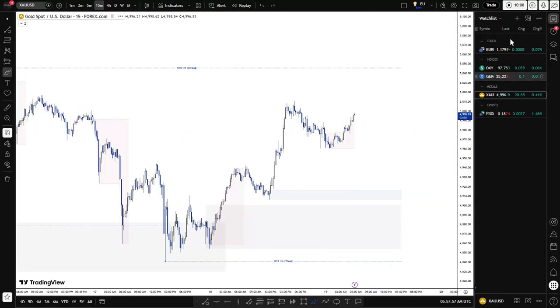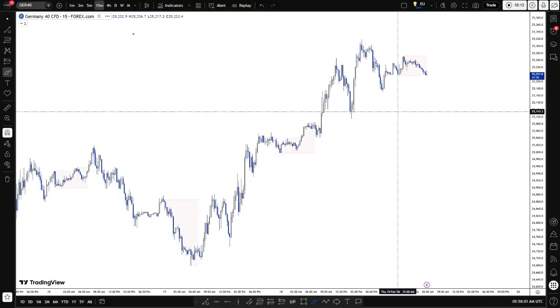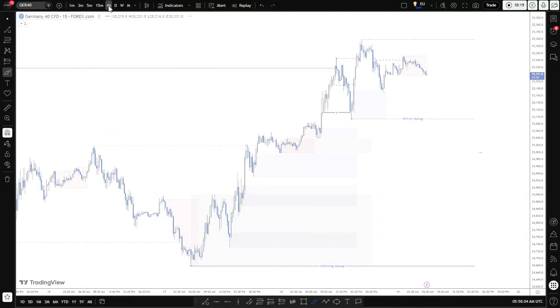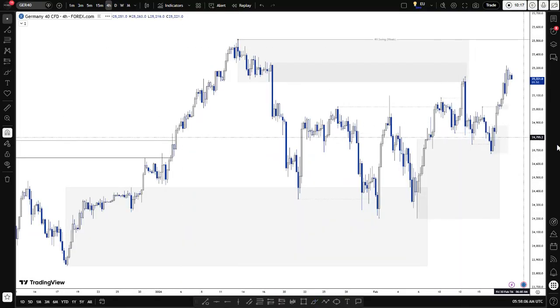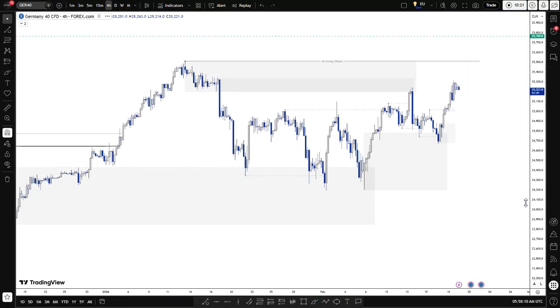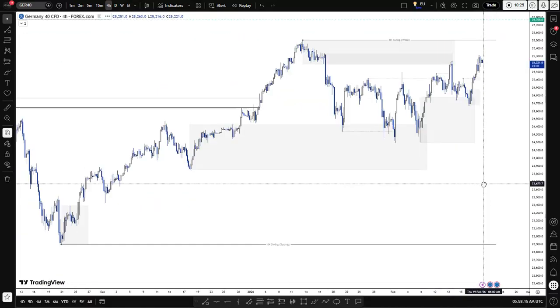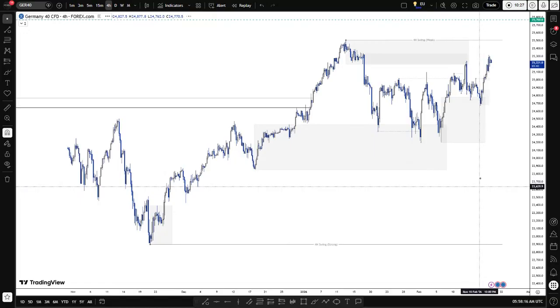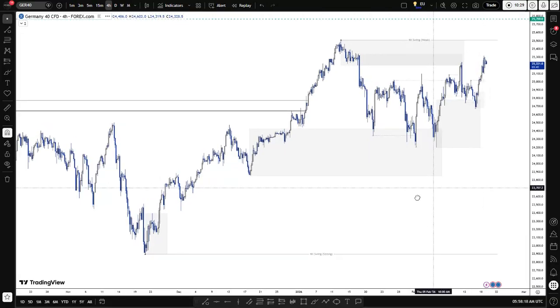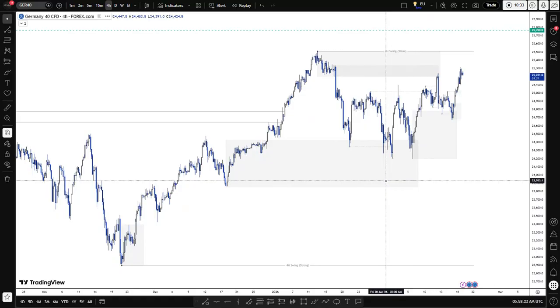So let me do precision analysis on DAX, which is cleaner. I'm going to start, even on the 4 time frame, but it's not a must. You start from the daily time frame. You can start from the 4 time frame because we are day traders. We expect only small reactions. On the daily, as in every day, we expect small reactions, so we can just start our analysis from the 4 time frame.